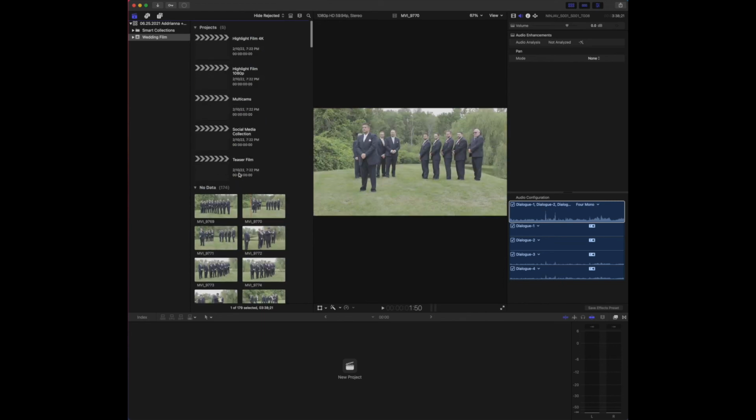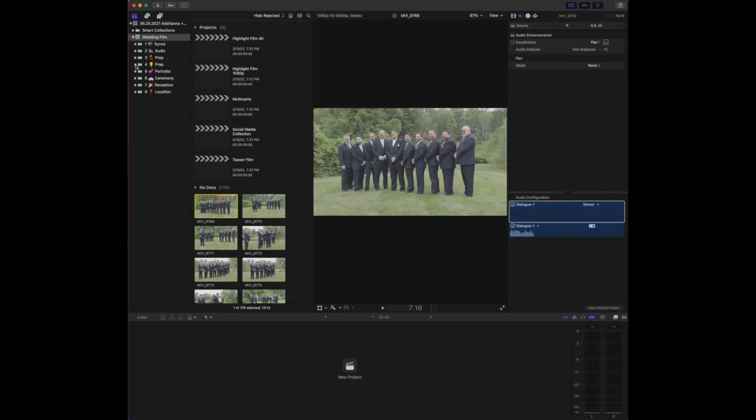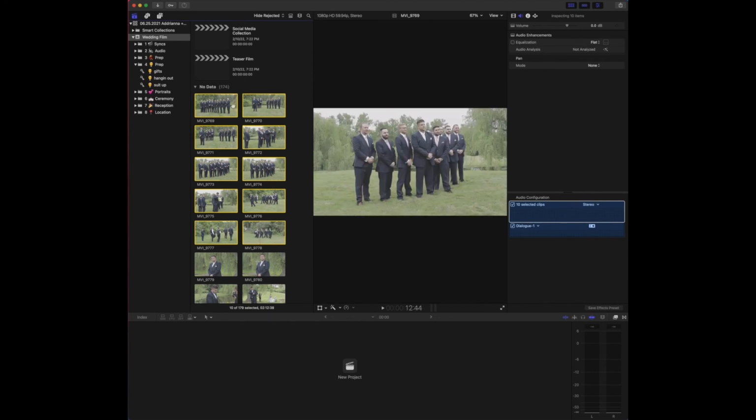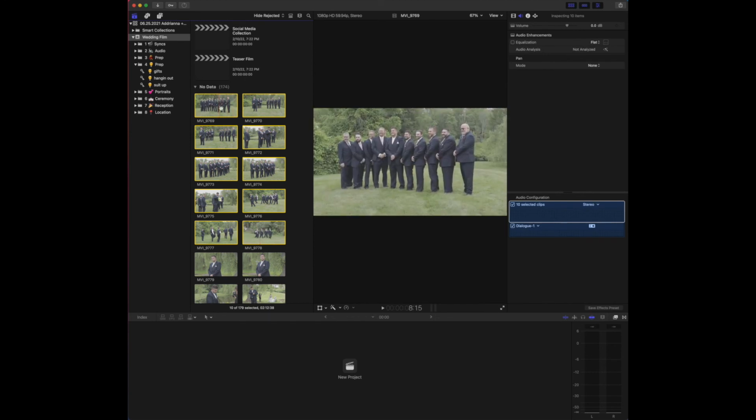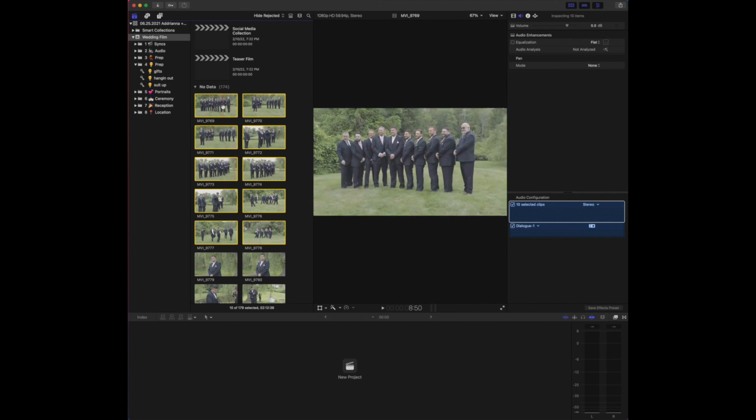Okay. So here's what you're going to do. From here, you just distribute the footage. It's really that simple. So all of my groom stuff, looks like we're in the groom prep. I'm going to go to all the clips that have the groom in them walking around. Going to take him with all of his groomsmen, and we're going to go to